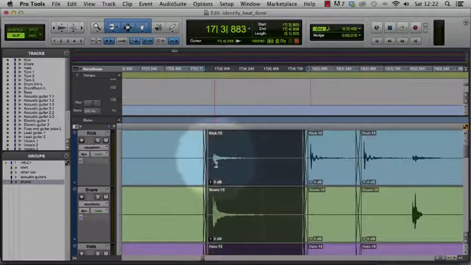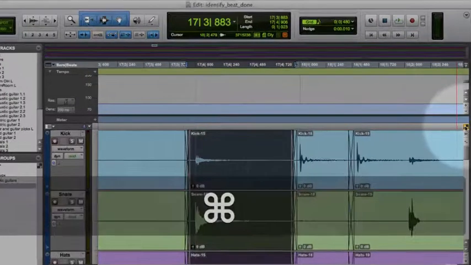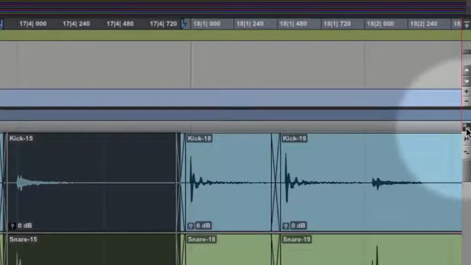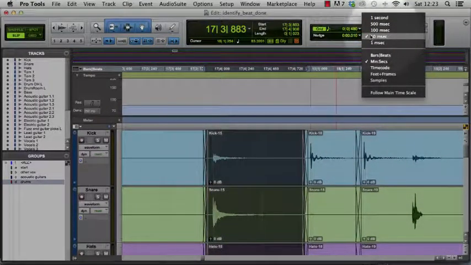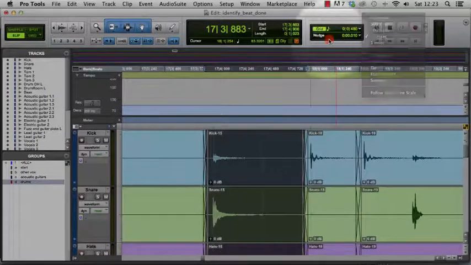Say that this one wasn't quite where I wanted it. What you have to do is switch this A to Z button on. So it defaults as being greyed out, and we want to switch it on. And then you need to set a nudge value. I tend to use 10 milliseconds. That's just a fairly standard setting of mine, but it could be smaller or bigger,